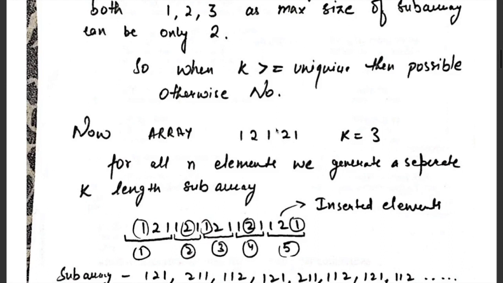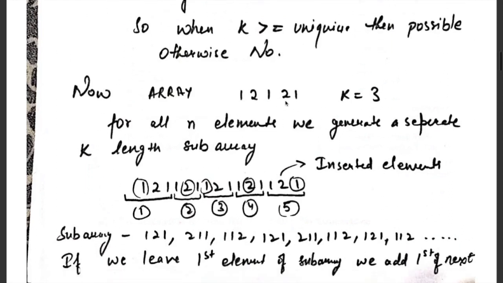I know you can insert a single one here and check all the subarrays that will have the same sum. But if you want to check the optimal solution, the minimum number of insertions you can perform to make your subarrays of equal sum, then there are a lot of things to consider. First you have to calculate the subarrays, then their sums. If they are not equal, then you have to calculate what can be inserted here.